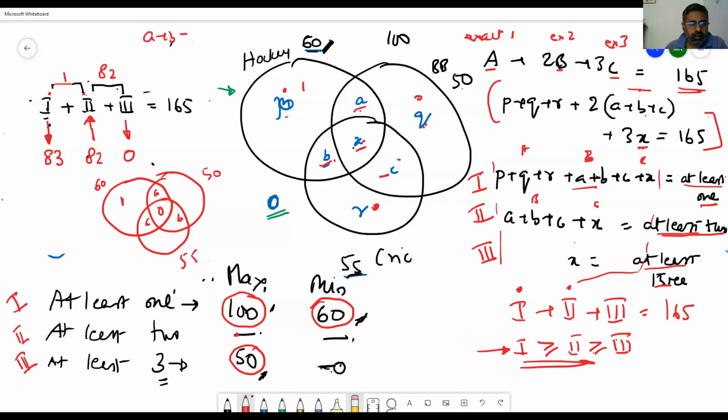A plus B is equal to 50. B plus C is equal to 55. And A plus C is equal to 59. Okay. Because I've taken that 1 there. So what is 2A plus B plus C? Now you can get the value of C from this. What is the value of C? On the left hand side, 2A, 2B, 2C is equal to 50 plus 55 plus 59. This is what? 105, 164. Is that? No.